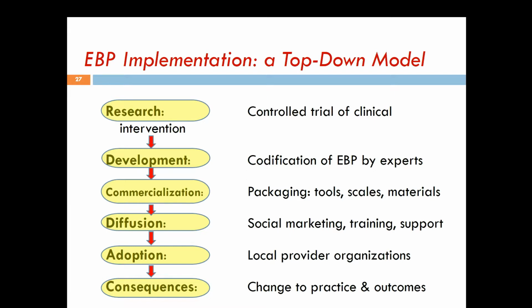Okay, when we talk ideal, that means something that most of us cannot do. So that means most of us are in a bottom-up model. But ideal is something that we strive towards, and some people out there in the world, particularly in more resourceful places like the Johns Hopkins, the Oxford, the Cochrane Foundation, they have more resources. They are the leaders of top-down models. What they do is when they implement EBP, they start with controlled trial or clinical intervention, okay? So they have to do all the evidence search, they decide the intervention, they codify the EBP into a